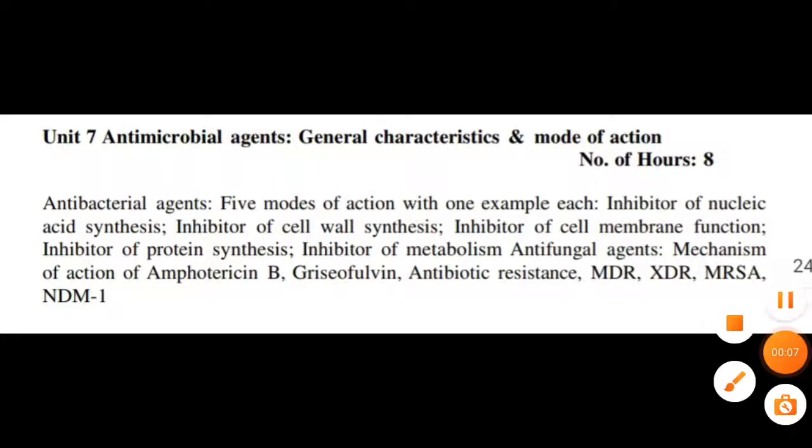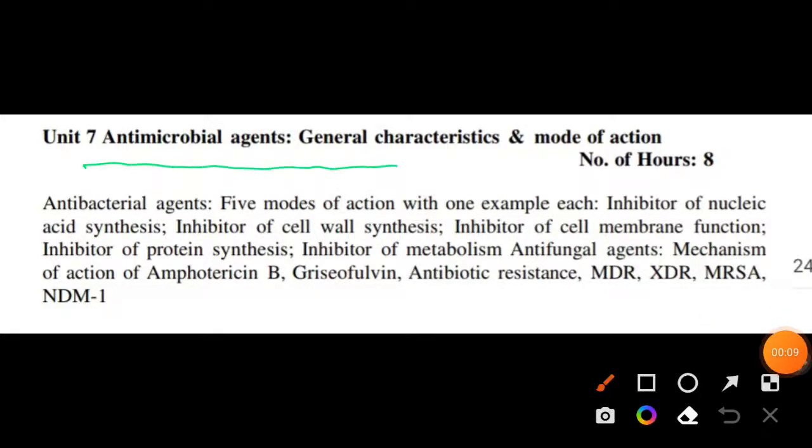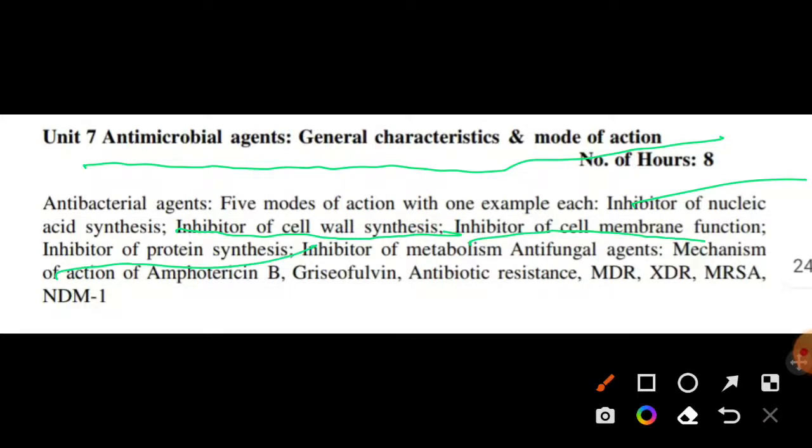Today will officially be the last video for antimicrobial agents, general characteristics and mode of action, because we have discussed inhibitors of nucleic acid, inhibitors of cell wall synthesis, inhibitors of cell membrane, along with inhibitors of protein synthesis. We have also talked about the mechanism of amphotericin B and griseofulvin. And yesterday we covered MDR and MRSA along with the Staphylococcus aureus video, and